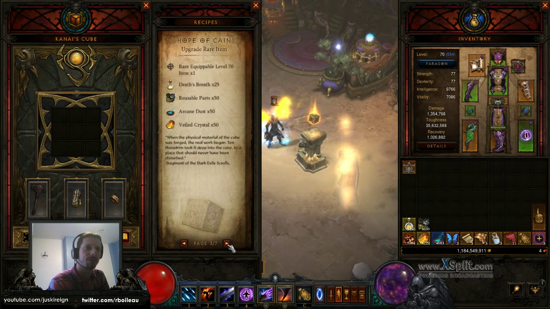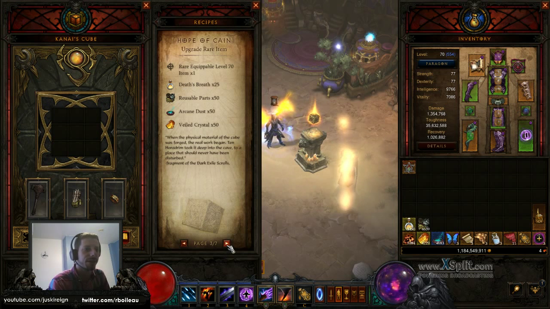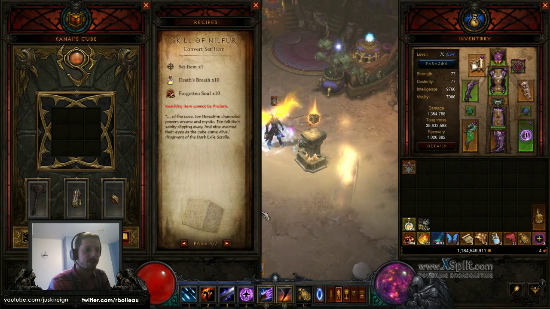There's also the ability to upgrade a rare item, which I'll show you in just a moment. You can put a rare item in with these materials and turn it into a legendary, which is really cool. A legendary of that same type, actually, which really helped me in getting my furnace, but I'll explain that in just a minute. You can convert a set item, which I'll also show you,